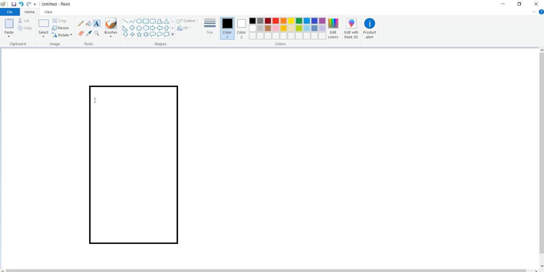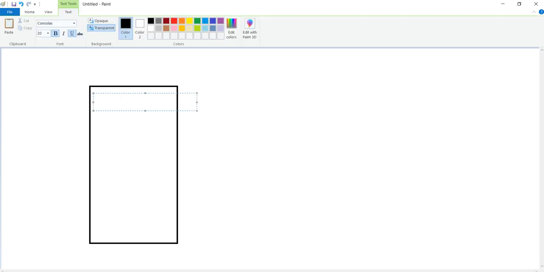It will start with the coordinator layout. First we need to create the coordinator layout. Then within this coordinator layout, we need to create the app bar layout. Within this app bar layout, we need to create the toolbar.